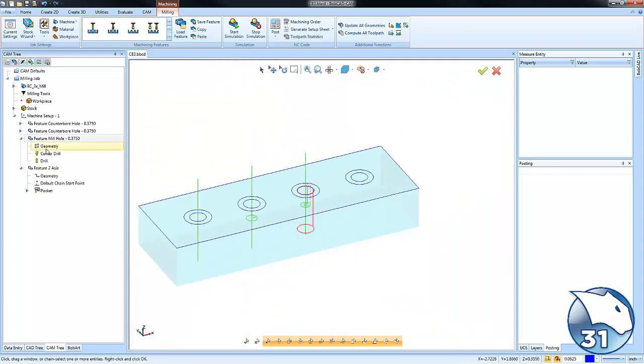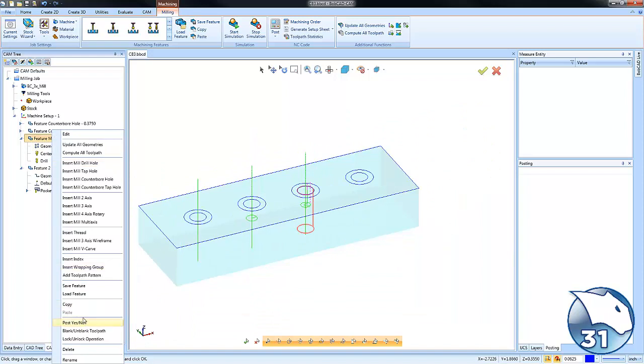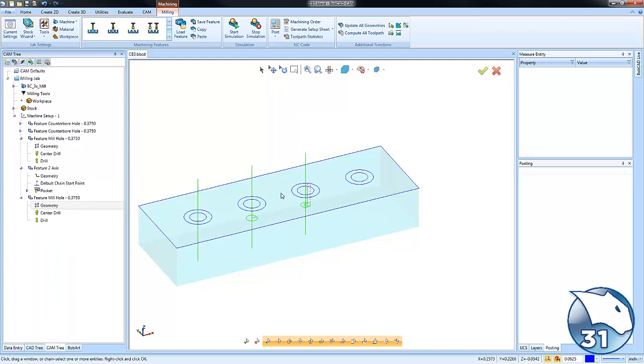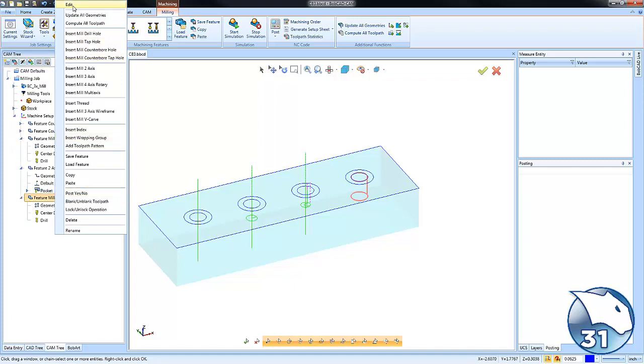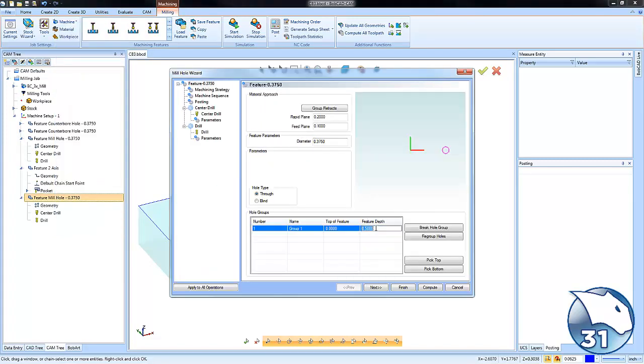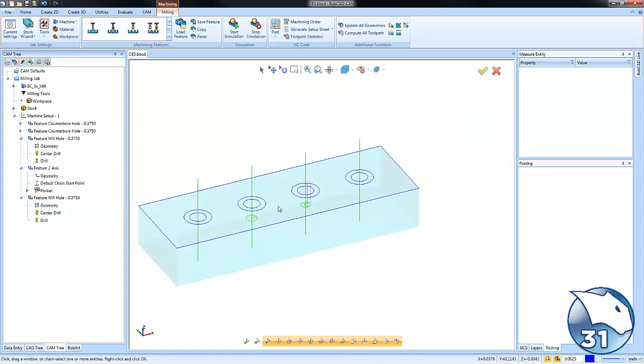All right, now I'm going to go ahead and copy this feature and paste it. All right, I'm going to reselect this hole here. It is important that if you do just copy and paste features and you haven't turned off use cutting conditions, you will lose some of the depth values and settings for that cycle. So we're going to go ahead and set the drill to the proper depth at this point,